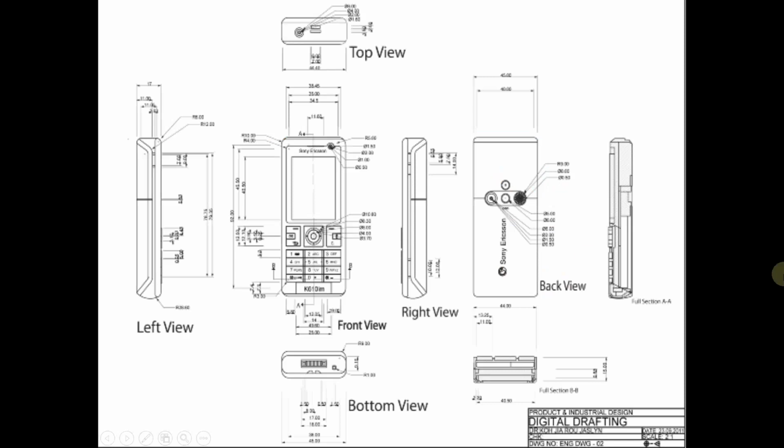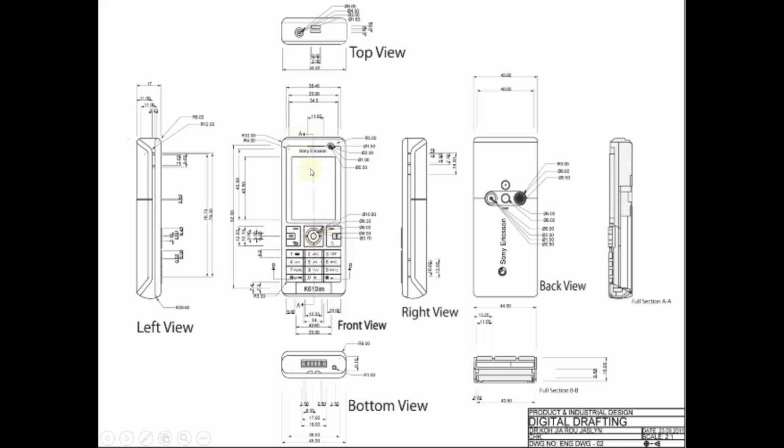So you can see here how an engineering drawing or detailed engineering drawing looks like. This is the drawing of a mobile phone, an old mobile phone, Sony Ericsson.